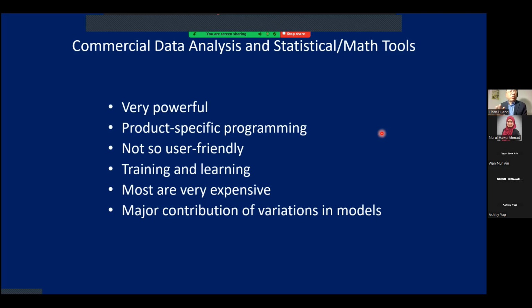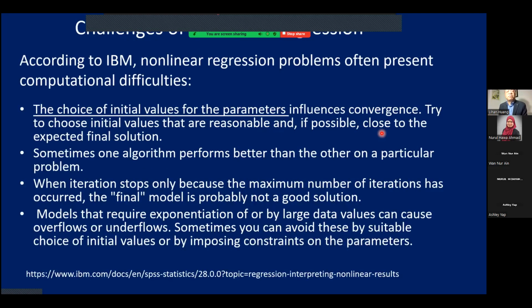But all these tools I described in the last slide are not user-friendly. They are quite difficult to use and need some training. Most are very expensive outside our university, and we have to pay a lot of license fees to use this kind of software. Because each site uses a different way of data analysis, it can lead to different variations in models and different ways of expression. But nonlinear regression is particularly challenging even for skilled users, because it requires understanding how the mathematical model works and the proper choice of initial values. Otherwise, the data analysis will not go